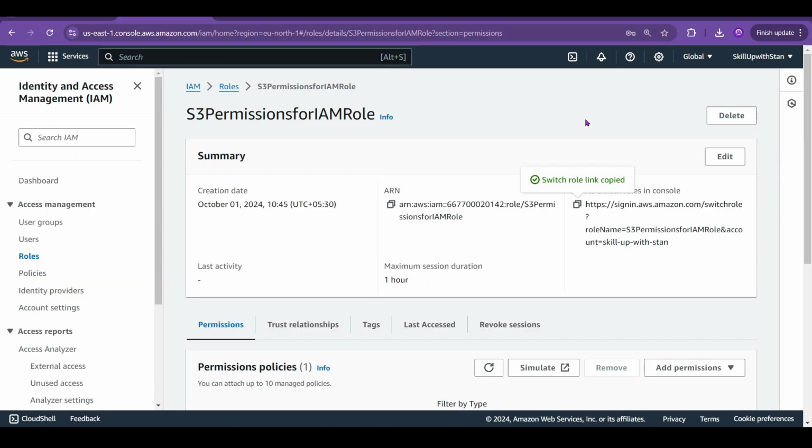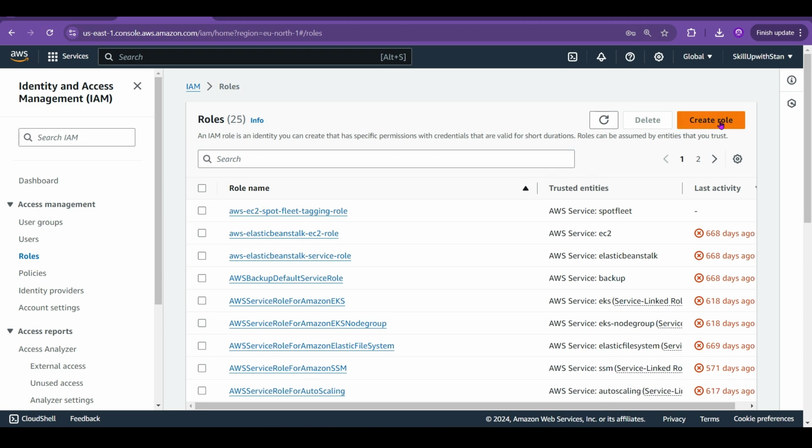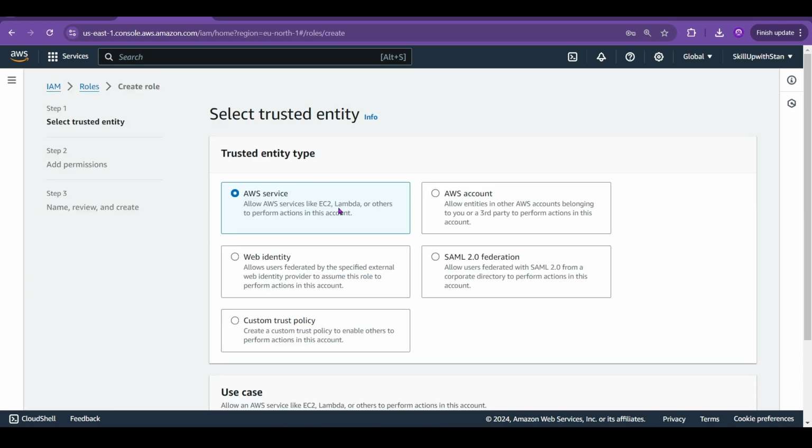You can use it for assuming and accessing it. And also there is one more scenario which you can do. When you create a role, you can allow it for EC2 or Lambda functions and other services also, right? For example, you might have an application running on an EC2 instance, or you might have a Lambda function